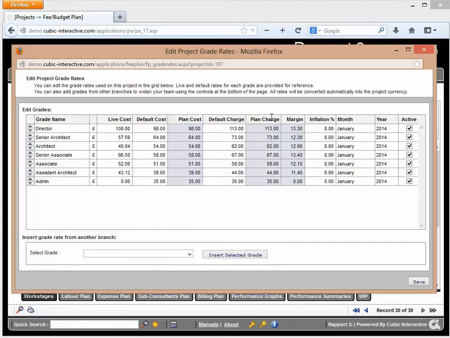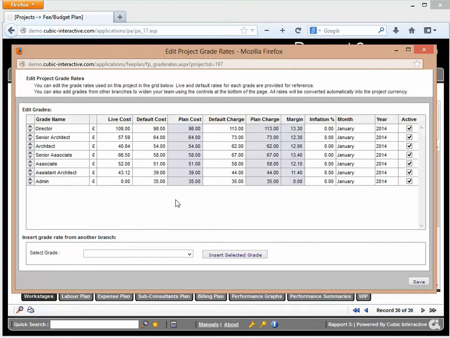Now, the charge rates are set up per project, and then you can change them. If you've agreed with the client a different set of charge out rates, if you're using a time and expense job, for example, you can then set those charge rates to be different. The cost rates you would never change for a project. Okay, so they're always going to be set the same because people's salaries and the overhead will tend to stay